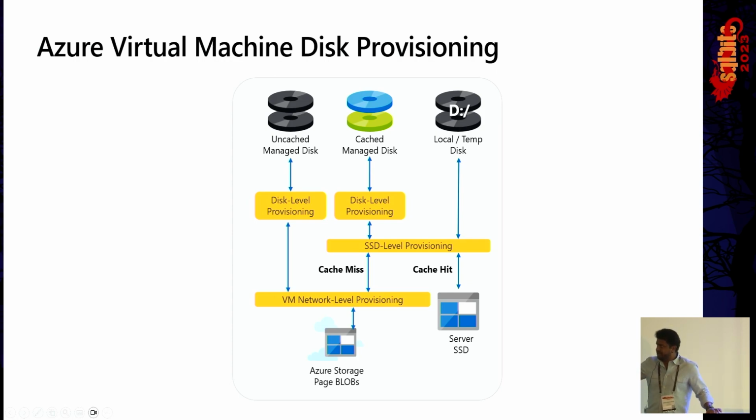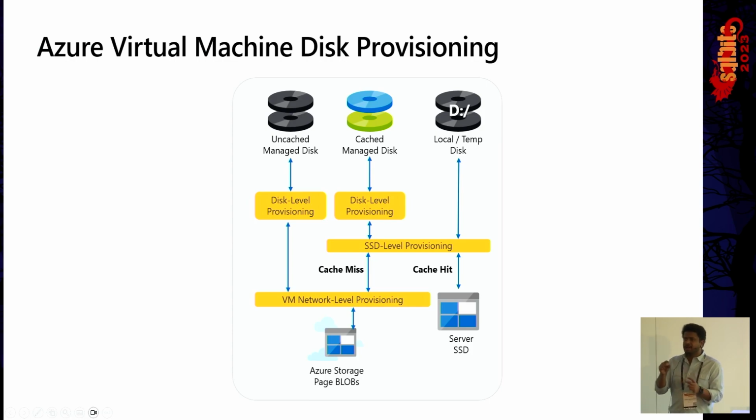I will come to that, but before that, what you might need to understand is, in Azure, there is this concept called host caching. If you have a VM, and you have a host, and that host has a local disk, that local disk can serve you as caching also,